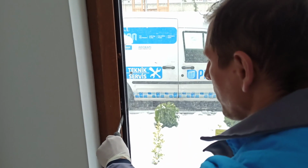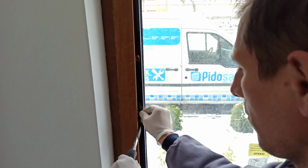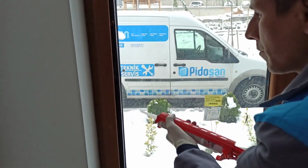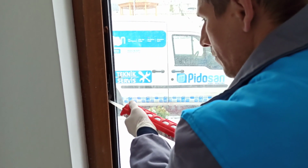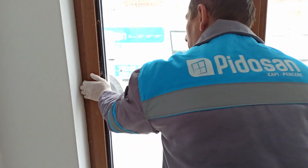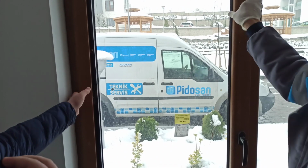It's going to reduce, even stop, the wind that comes behind the window sash. He puts the plastic material, he feeds the glass, and he puts some silicone on it, and he's checking, and now, as you see, the material is more